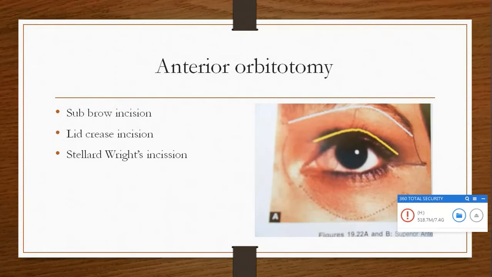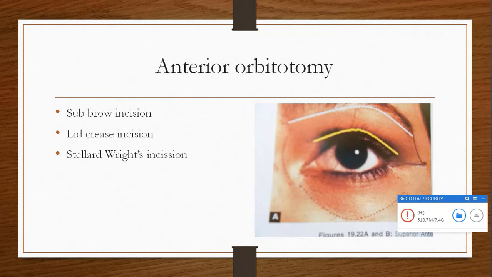So which incision has to be taken when? If the tumor is superior or in the anterior orbit, you can approach the tumor by the subbrow incision, the upper lid crease incision, or the Stallard-Wright incision.